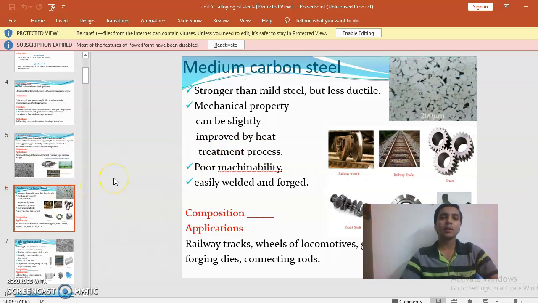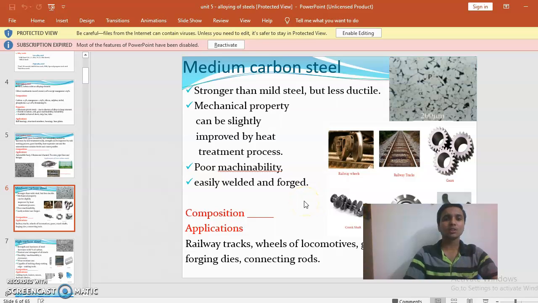Well, the next is the medium carbon steel. Medium carbon steel is stronger than mild steel. Compared to mild steel, the medium carbon steel is much stronger, but it has much less ductility, and its mechanical properties can be slightly improved by the heat treatment process. Even medium carbon steel can improve its mechanical properties by heat treatment, but it has poor machinability and is easily welded and forged. You can see the microstructure of medium carbon steel over here,